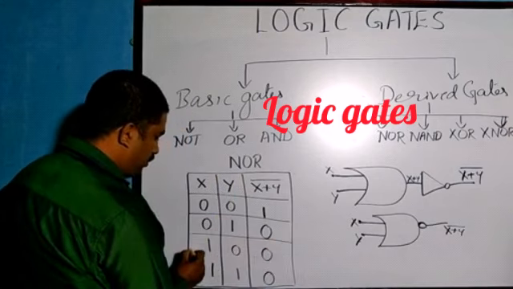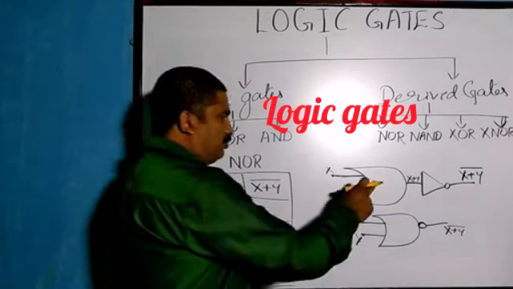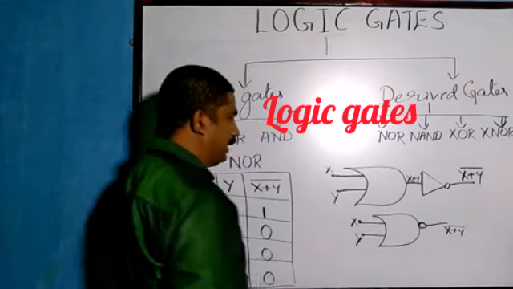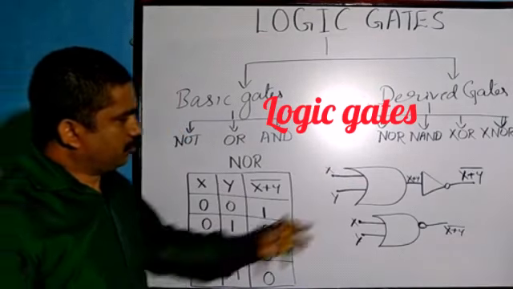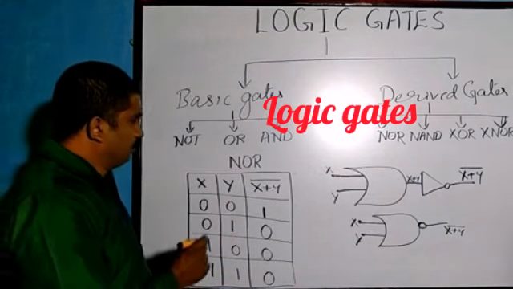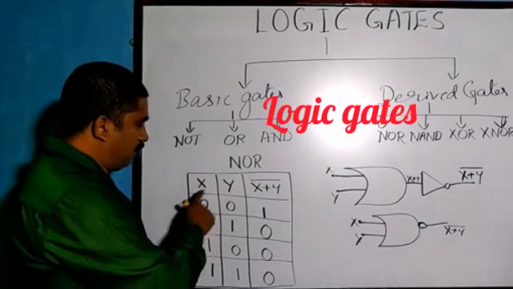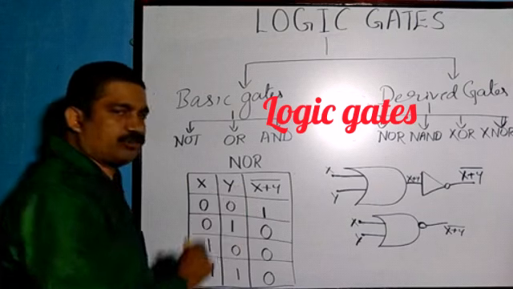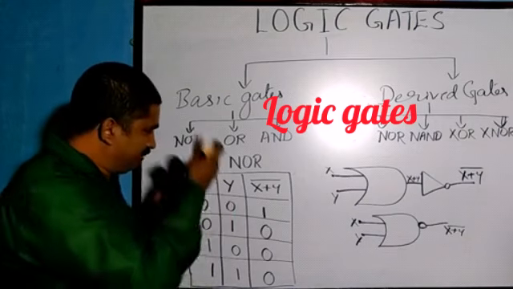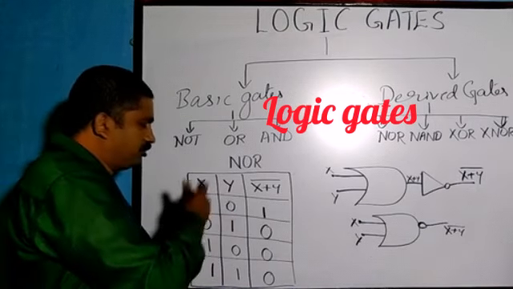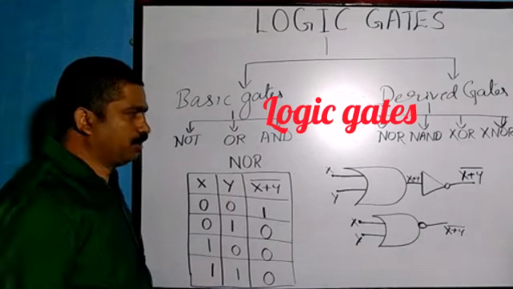So we have seen NOR gate. What is NOR gate? It is a combination of OR and NOT gate. It is nothing but inverted OR gate. OR is followed by NOT gate. So therefore, what is the statement of NOR gate? When all the inputs are low, output is high. When it has maybe 3 inputs, 4 inputs, when all the inputs are low, then you will get a high signal. So this is all about NOR gate.